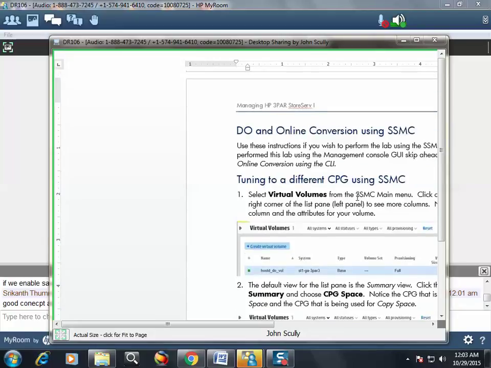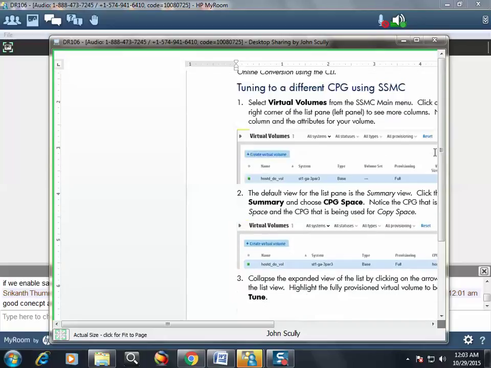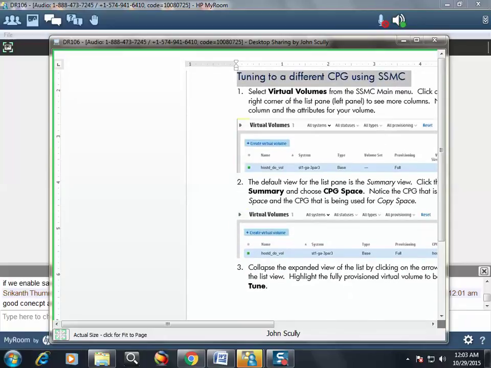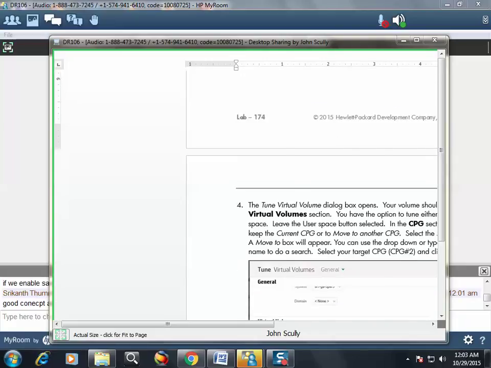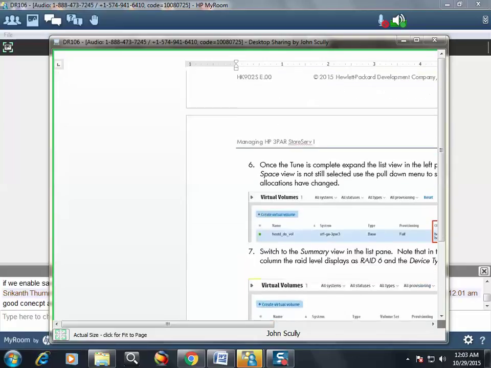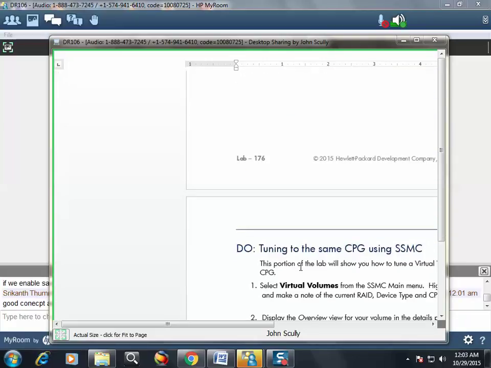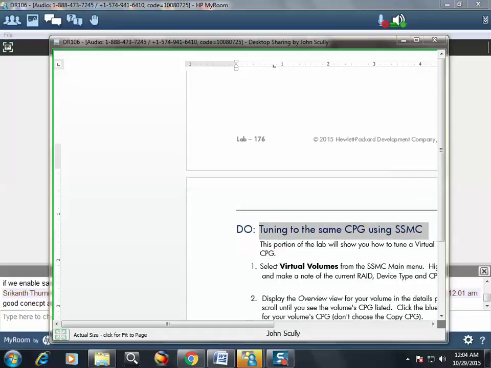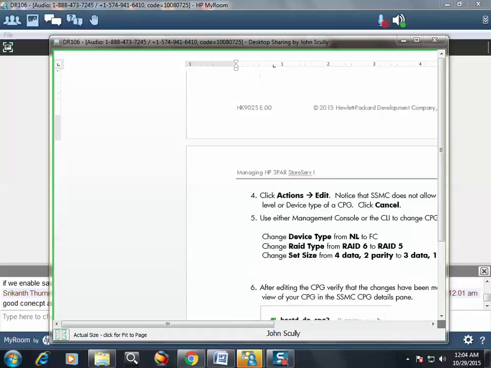Skip the stuff on management console. So I have you doing a DO tune and conversion using SSMC. Eventually I have you have a volume tuning it into a different CPG. Then eventually I have you doing a DO tune using the same CPG using SSMC. And then